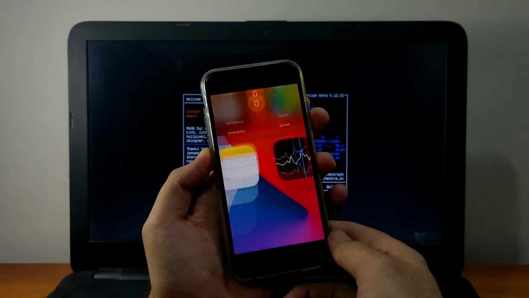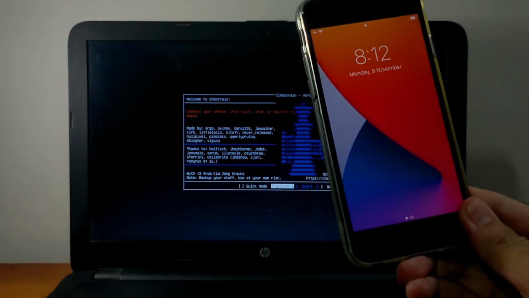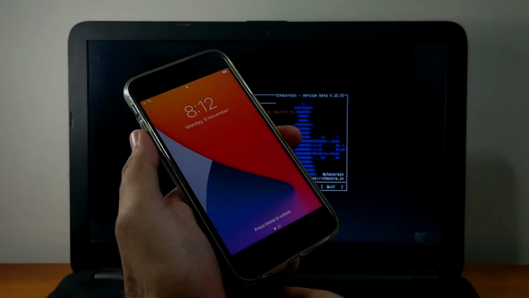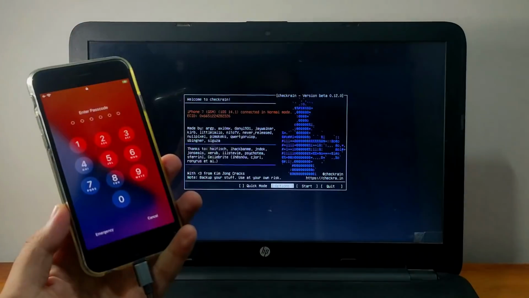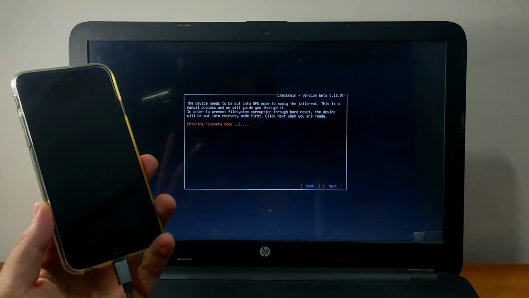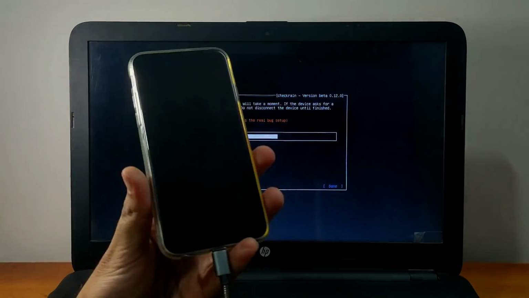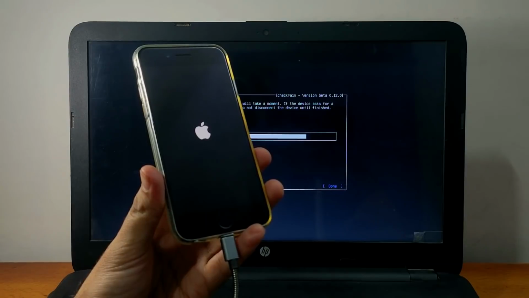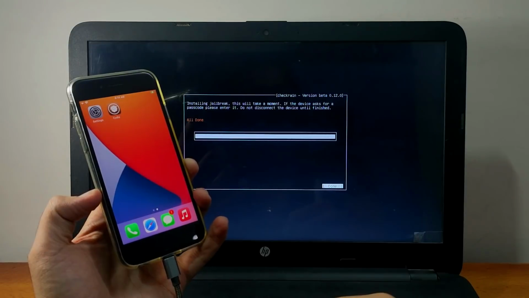Now if you have a device that has a passcode and it's running iOS 14, on iPhone 7 series, that means A10 and AX devices, you can jailbreak with 0.12.0 without any issues. So I have just connected my device and just normally start the jailbreak. Now you can see the jailbreak is done and it's perfectly working even if you set the passcode.